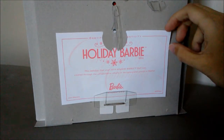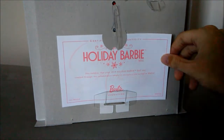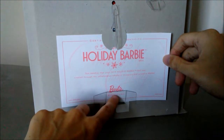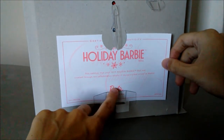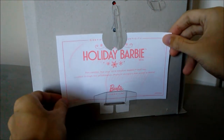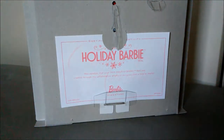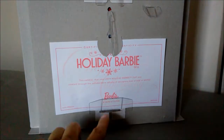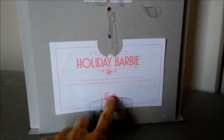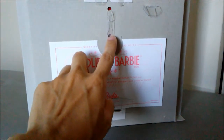You can see the certificate of authenticity is just placed into the box between this paperboard flap and the plastic fastener holding in her legs. So it is a very flimsy material, but it doesn't really matter because I never do anything with these certificates of authenticity. So this portion right here is holding in her legs, and I'm not going to remove that. This portion right here is holding in the base of her stand,